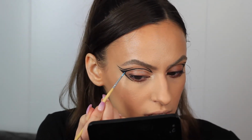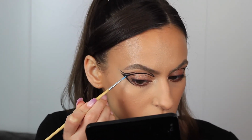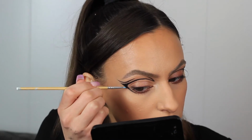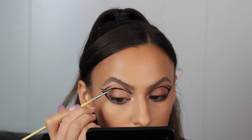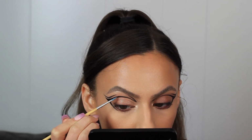So I'm gonna fill in this part of the wing with glue first. Okay, and I'm gonna dip the same brush into the glitter and press it in. I'm just going to keep following the black lines until I have it all filled with glitter. Okay, so I have all of the glitter laid down, but it did get a little messy in some parts,